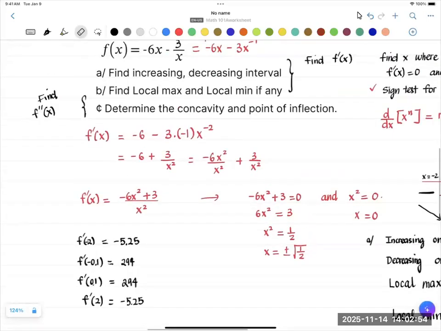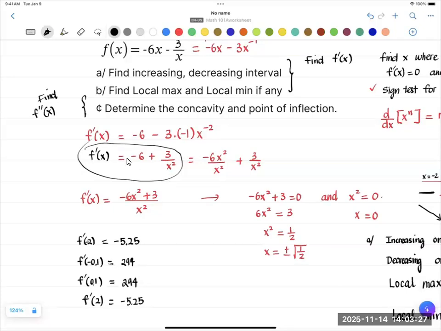Okay, now for part C. Part C is to determine the concavity and point of inflection. For concavity, we will need the second derivative test. So we will take the second derivative. We have the first derivative function that is simplified here. You can use this one to find the second derivative, or you can go back to this one because these are the same. So you have the f prime of x right here is equal to negative 6 plus 3x